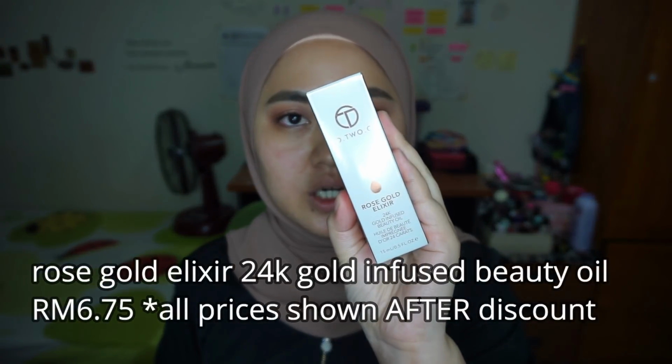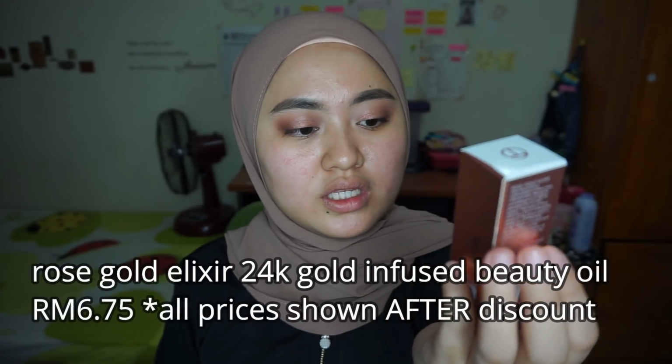O.TWO.O Cosmetics is again a brand from China, and that's why they sell really affordable and cheap makeup. And some of their items are a bit strange and shady, like the naked foot thing, so I didn't choose that. They have their own product, which is the O.TWO.O brand itself, and that's mainly what I chose for my videos. So the first thing that I'm going to try is the Rose Gold Elixir 24K Gold Infused Beauty